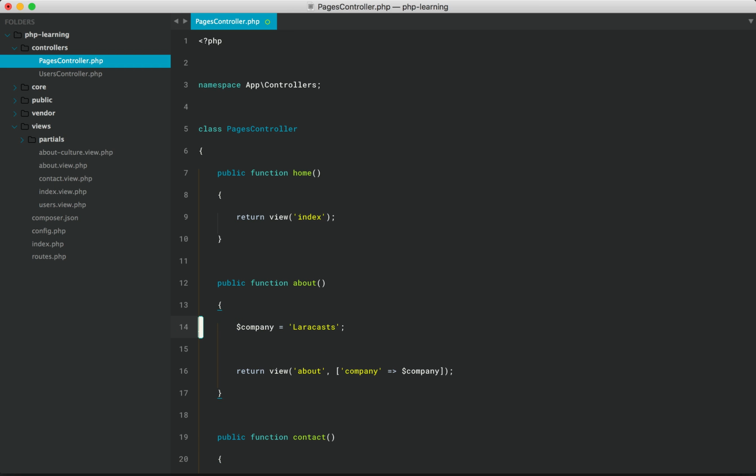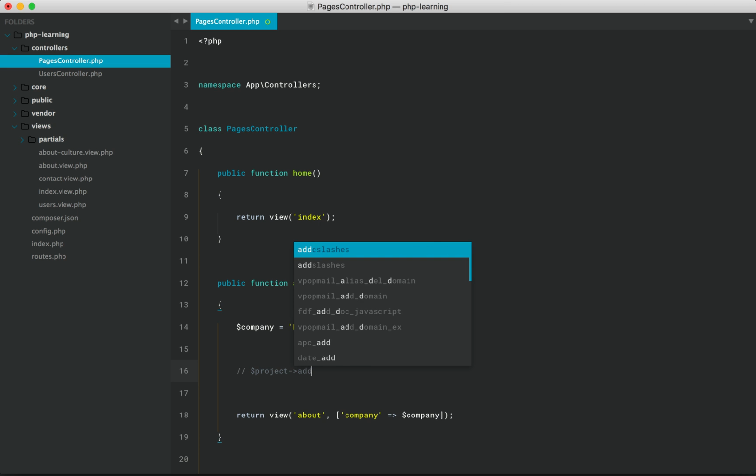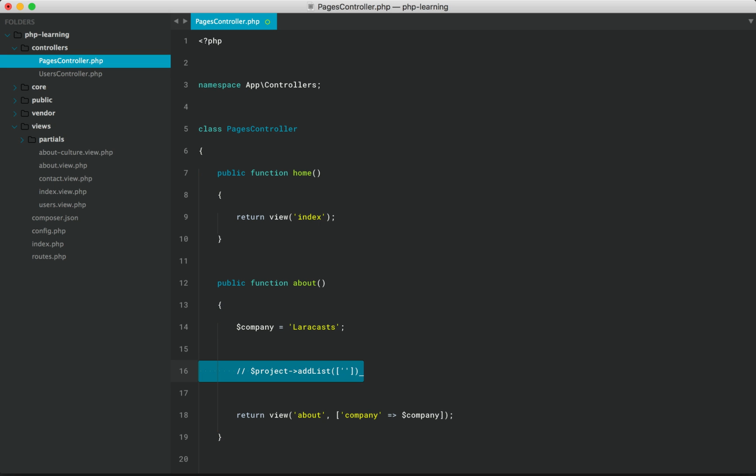And then if the user is asking to add the task list, the controller might tell the model, can you go ahead and add a new list where the relevant data comes from a form the user fills out. The controller delegates, but the model will actually do the work of adding the list and persisting it.